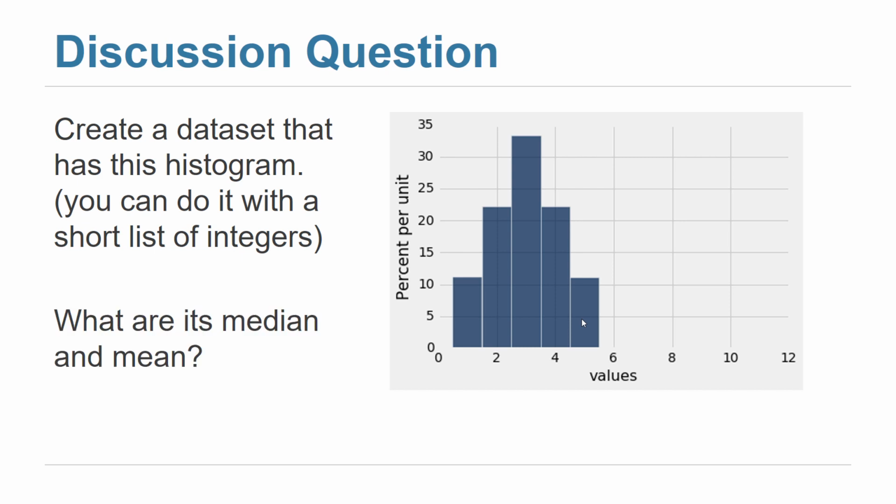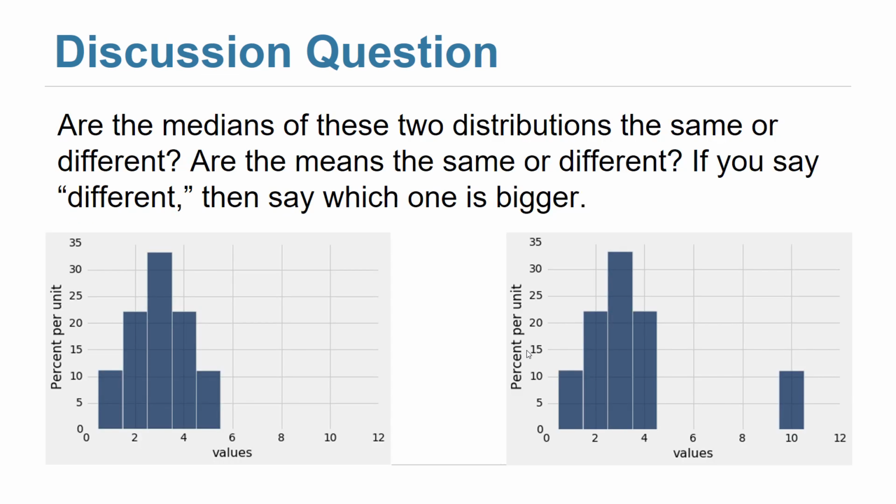Now that's not the main question. The main question is what are its median and mean. If we calculate the median and mean in this case, we'll find that both are the same and both are at the value 3. Looking at the histogram, it is very clear that the median and the mean will be 3. And we will see why in maybe a couple of slides.